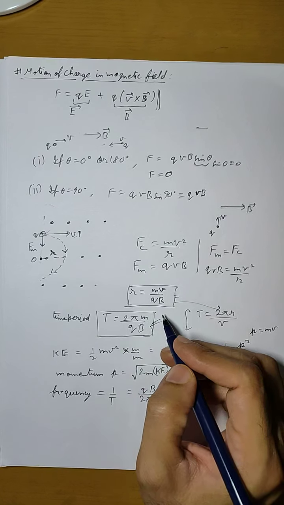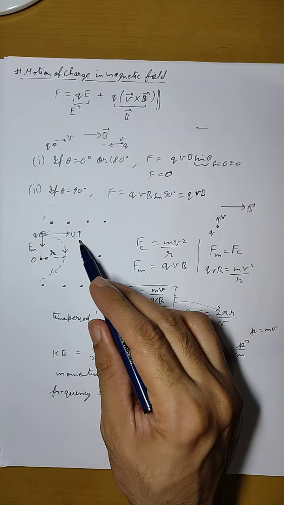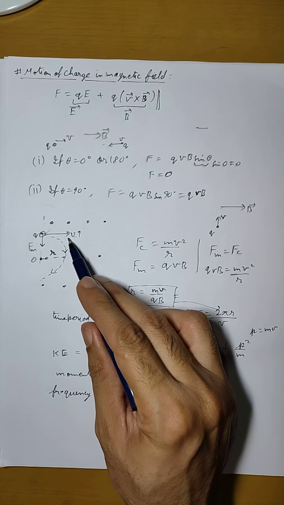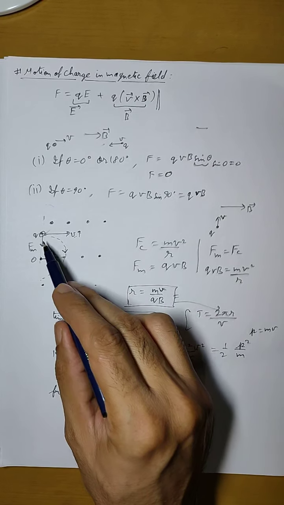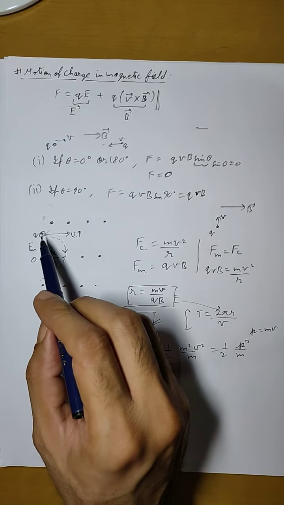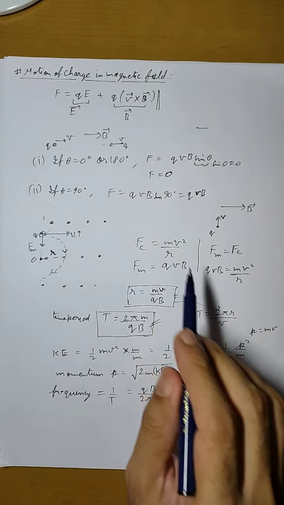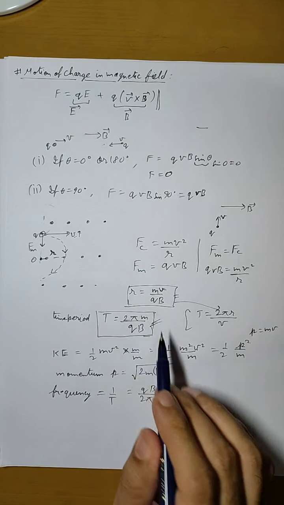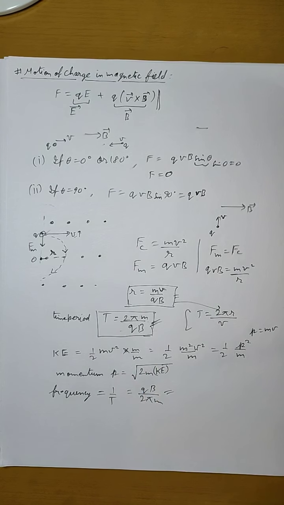We are going to use it in the study of cyclotron, that if velocity is increased, if it is an accelerated particle, instead of moving with constant velocity we have some acceleration, then only the radius of the path will increase. That means the charged particle will move in bigger circles, but the time taken by the charged particle to make bigger circles will be the same. This will not change, the time period will not change.